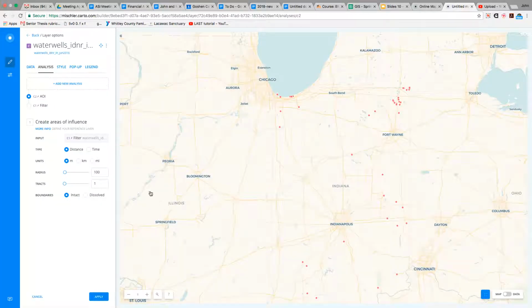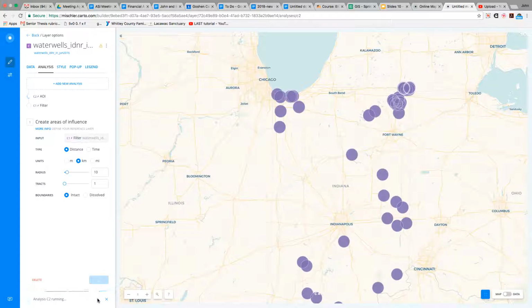We'll add that. And let's say we will buffer in kilometers. Let's put a 10-kilometer buffer on each one of these wells. Okay, so there you go. And you can dissolve, right? So that you don't have the borders,